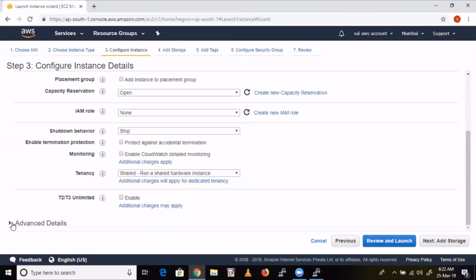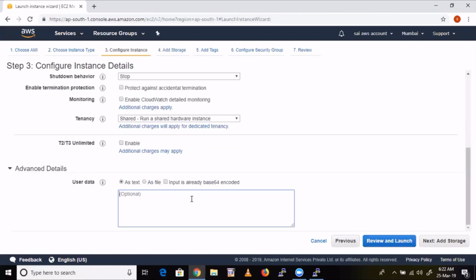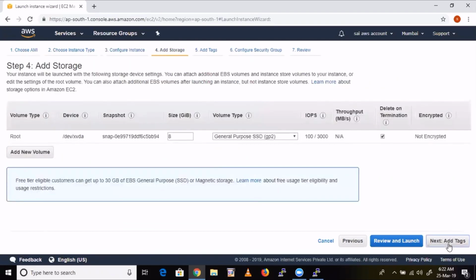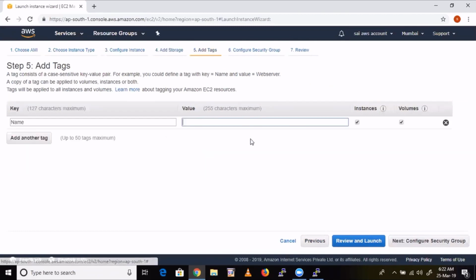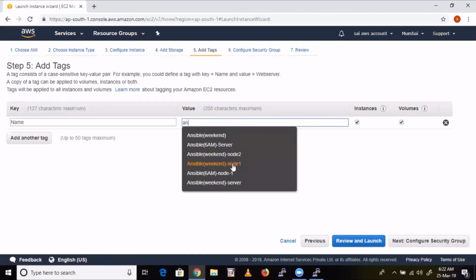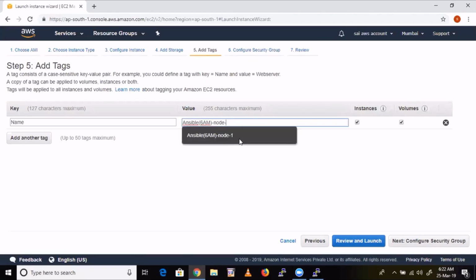Advanced details. Hash exclamation /bin/bash. Sudo su, yum update -y. Okay, fine. Next. So give it a tag, Ansible node 2.